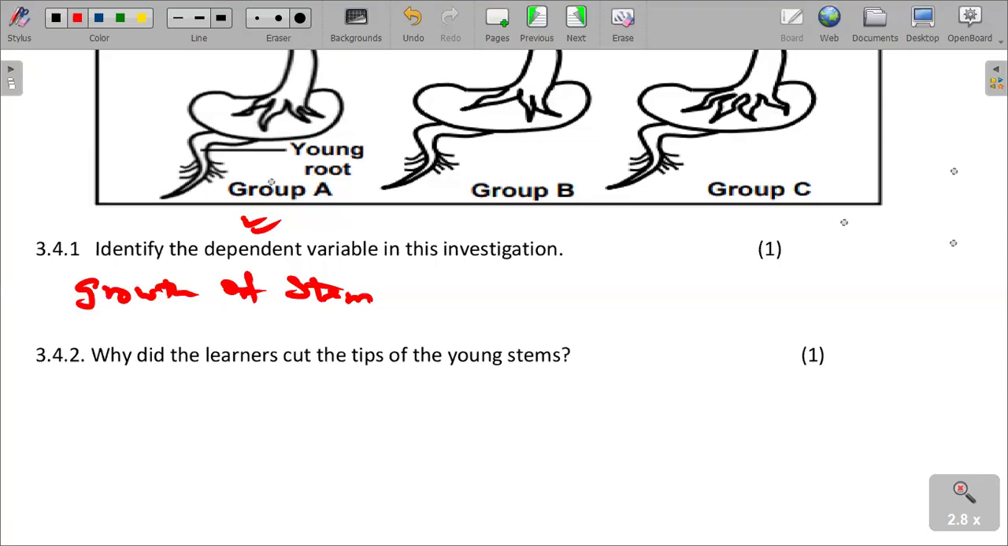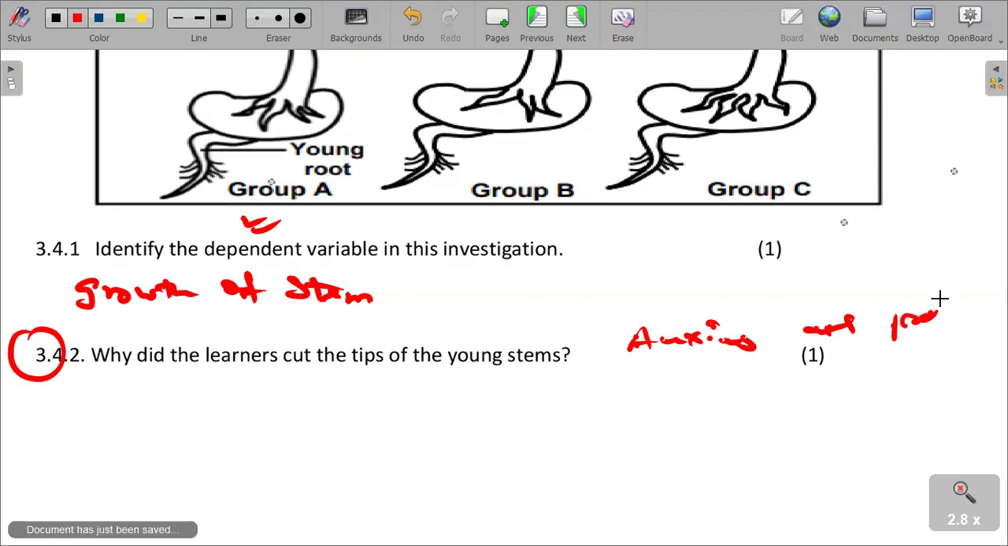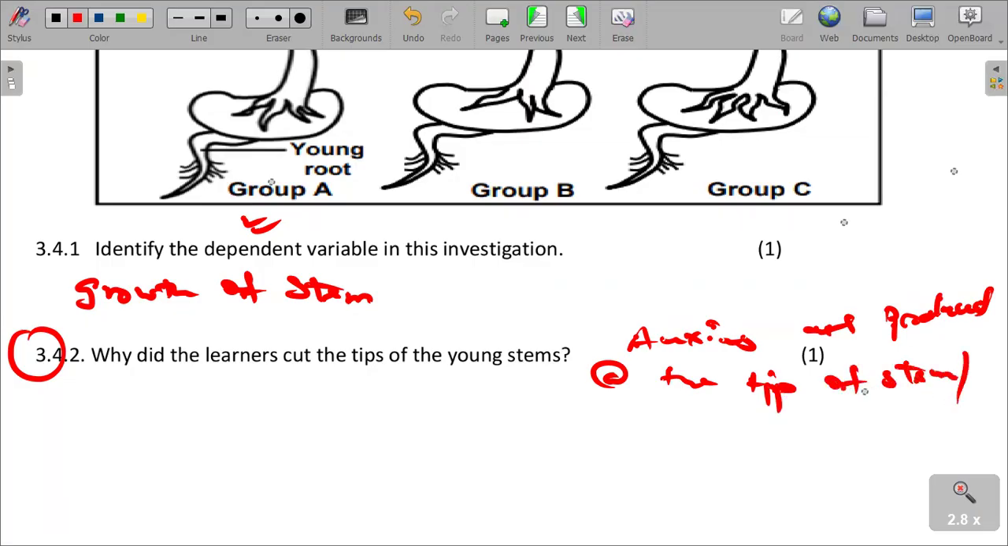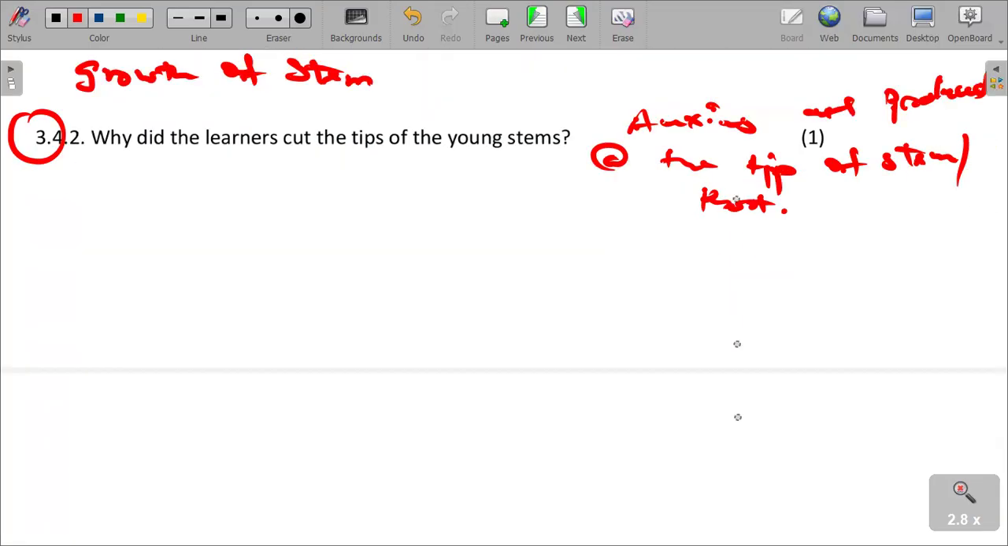This is an application question, class, which we discussed again on effects of auxins, or in terms of effects of plant growth hormones. So plant growth hormones, we said auxins are always produced at the tip of what? Of a stem or a root. So in this case, the learners cut the tips of the young stems. So in other words, the learners wanted to remove the source of auxins